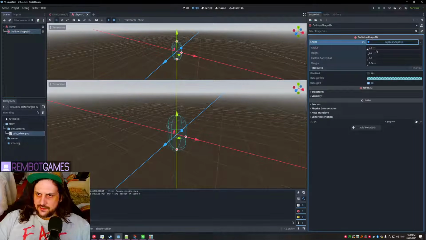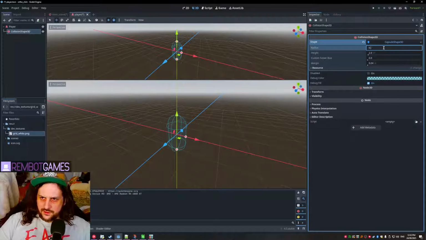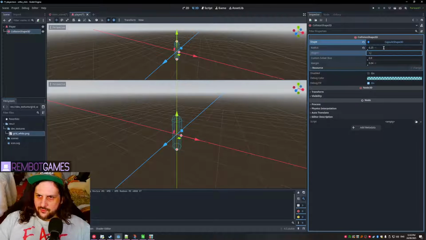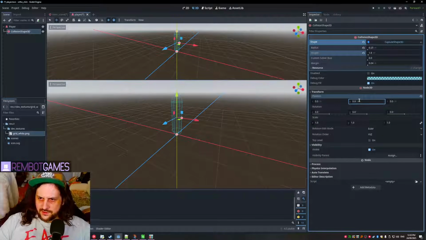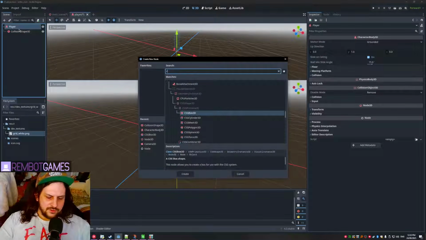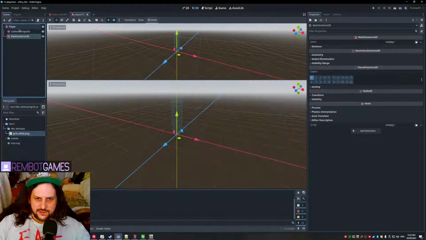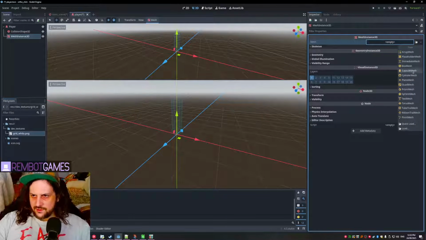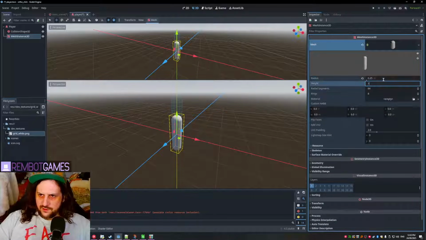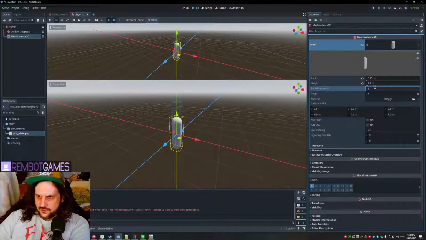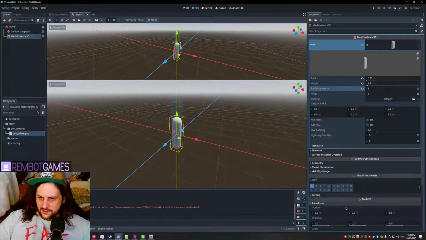Or what was that? Disabled? No, make sure that's not on. 0.25, 1.8 for the height. And then we need to move this up by 0.9. And then we're also going to create a mesh instance 3D. We're going to do the exact same thing. So we're going to create a capsule. It's going to be 0.25, 1.8, and then we're going to maybe make that 8, just so it doesn't look so